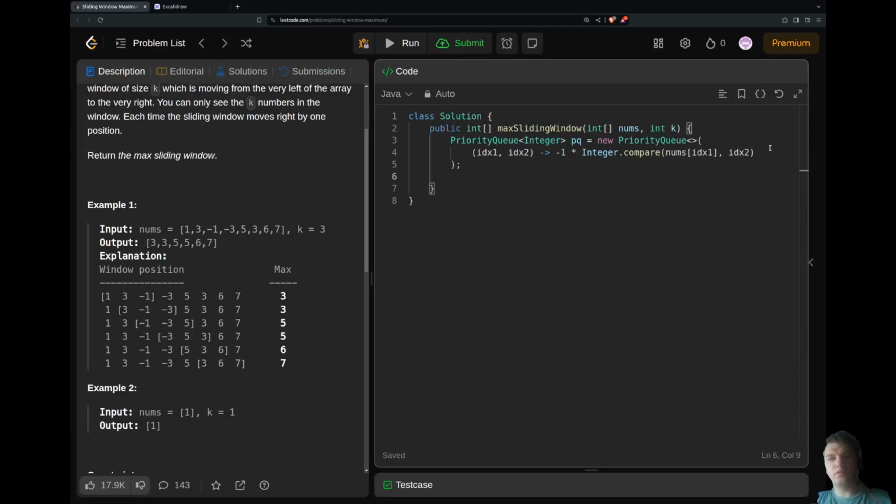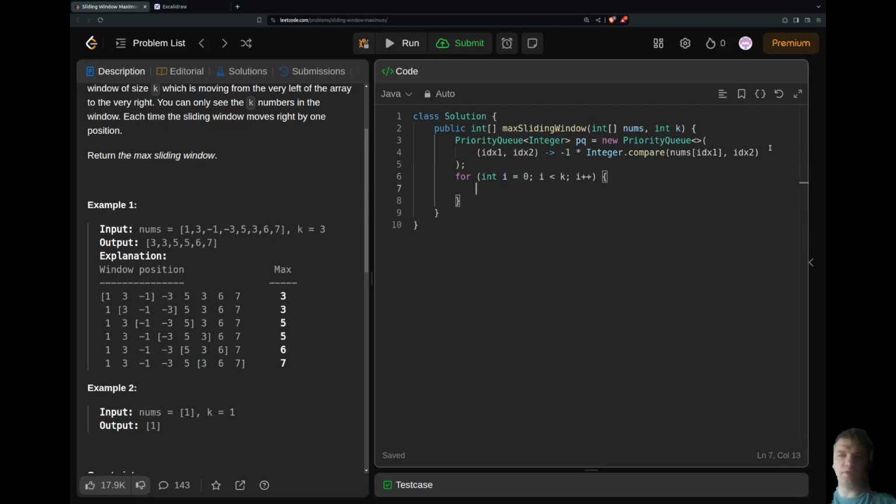Then I'll do the for int i equals 0, i less than k, i plus plus, and then I'll just pq offer i, and then I'll have the output array equals new int, and the output array is going to be